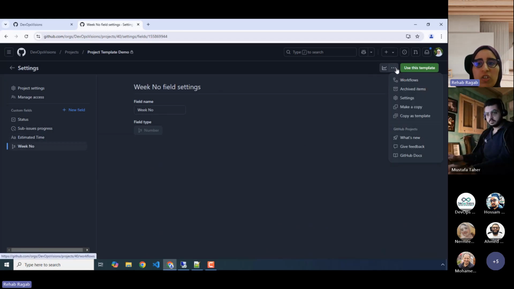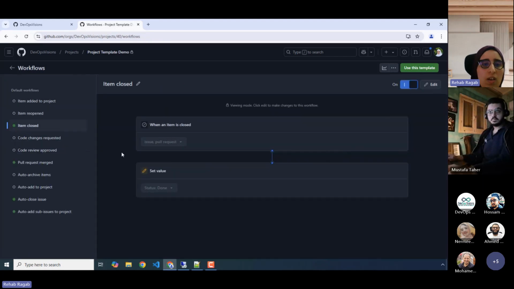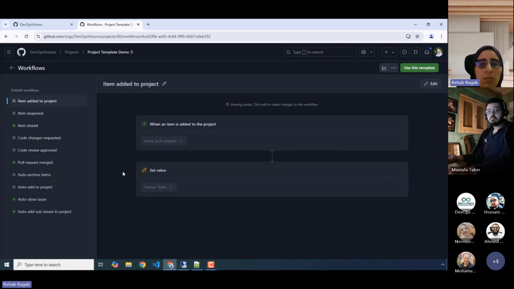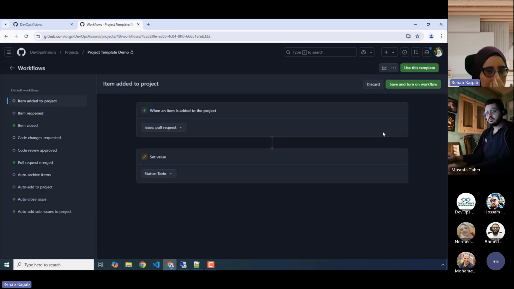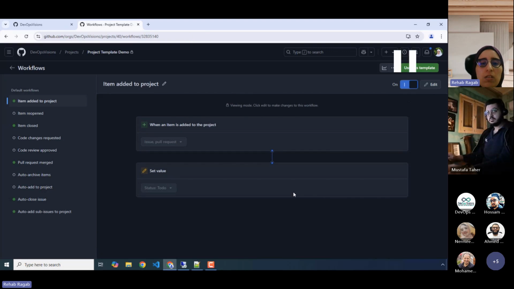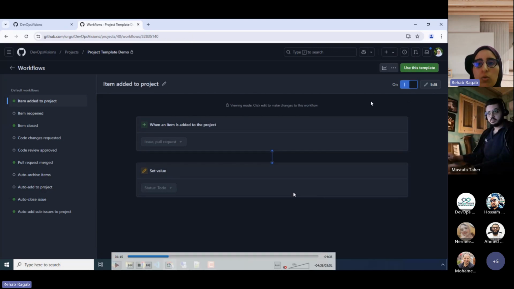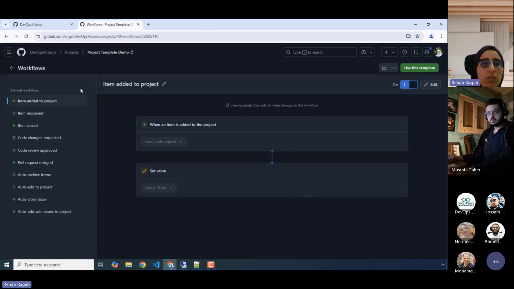Another customization in this template project is across workflows. These are the default workflows. When an item is added to the project, you can automatically set its status to To Do. So let's turn it on.